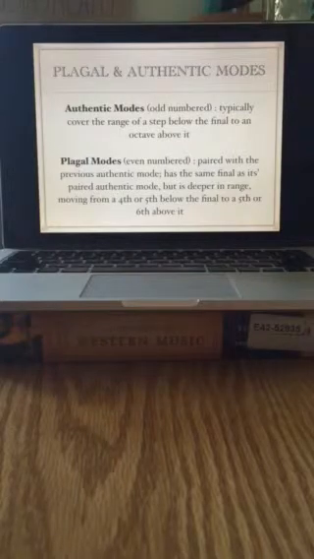Authentic modes, or the odd numbers, typically cover the range of steps below the final to another octave above it. Plagal modes, even numbers, paired with the previous authentic mode, have the same final as their paired authentic mode, but